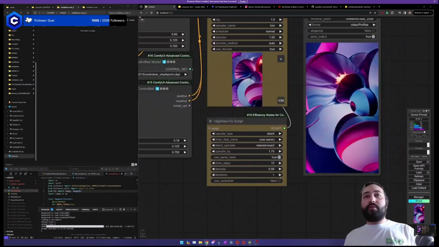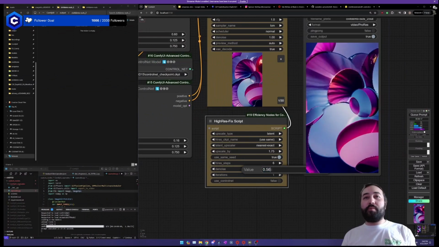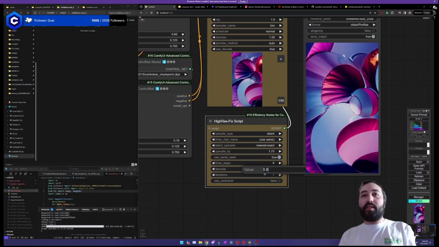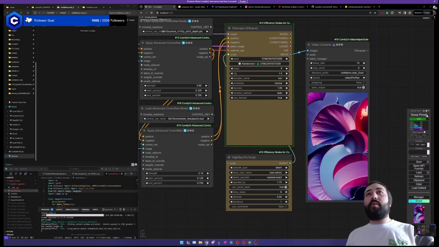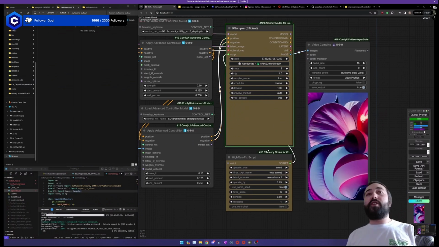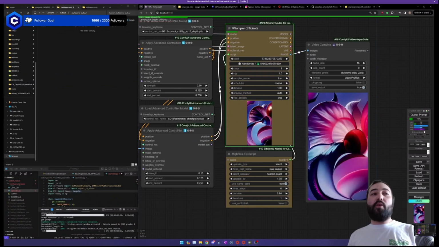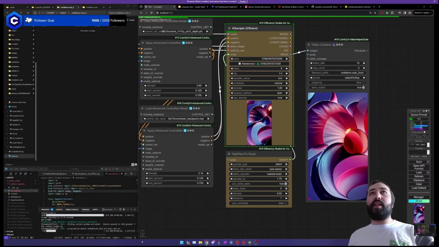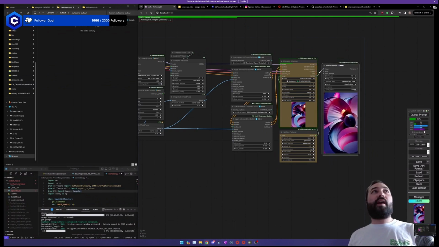So anyway, with the high res fix, I'm just going to do 6 steps to make it fast, but usually I do about 8. And we're going to do a 0.6 denoise strength. And let's hit prompt again. What's cool with the K-sampler efficient and this high res fix script is that it knows it already rendered the low res one, so it's only doing the high res one for the next 6 steps now. So we should get pretty good results out of that.